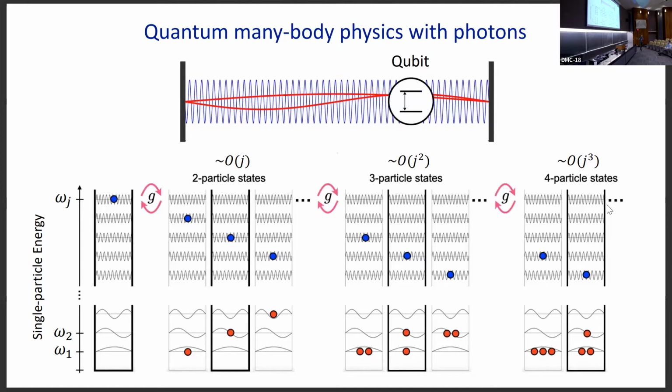But things become different if you introduce a nonlinearity into the cavity, which is played in our case by a single qubit. So this qubit will introduce coupling between all these different states. Depending on the qubit, this coupling can be different. It can couple single-photon states to 2-particle states, 3-particle states, and 4, or in different combinations. And now this problem becomes truly many-body, because all these states start to interact with each other.